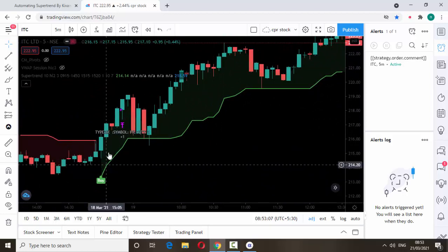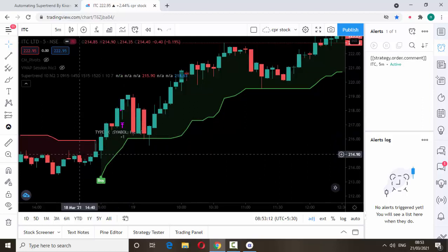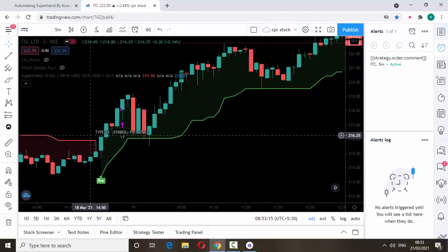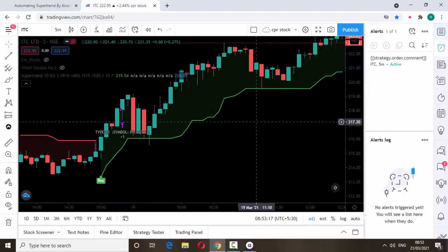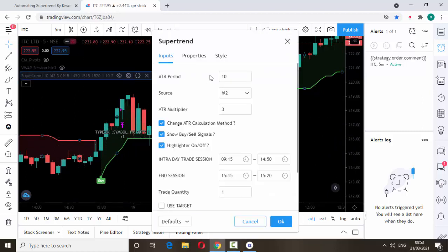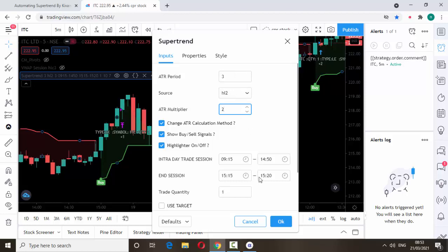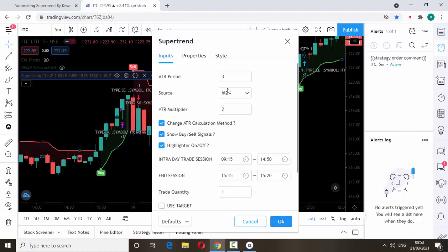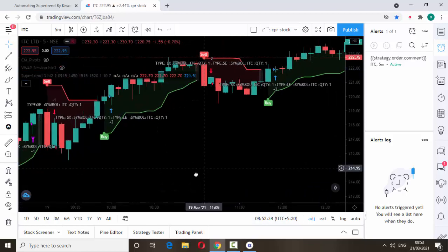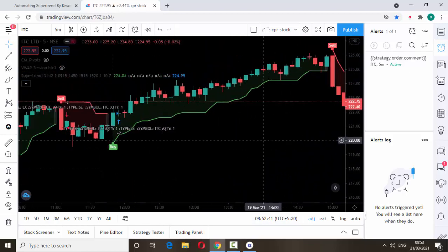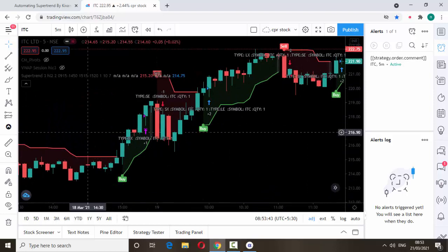Whenever super trend shows a buy signal, it will buy at the current market price. If you have any existing position, first of all it cancels the existing position and takes a fresh buy. And here in settings, this is 10, 3, and if you want to change it to 3.4 or 3.2 like that, you can change it here also. Any super trend value you can change here. And if you have any secret coding super trend value, you can add it here. So it will be working automatically.